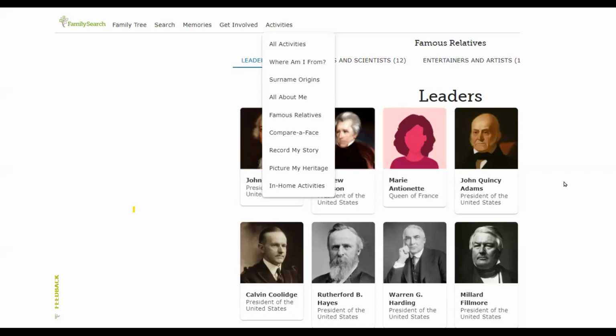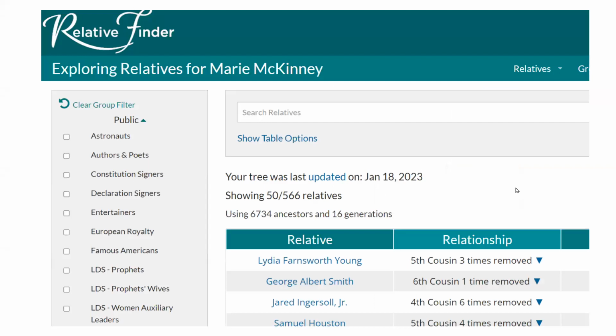So, well, then there's another website. It's called RelativeFinder. What a unique name, right? And what RelativeFinder does is exactly the same thing, but in much greater detail. So it looks at a much broader group of people. These are the people who do the Who Do You Think You Are program, and they're tied to the FamilySearch website. So I'm going to stop this and we're going to go over to